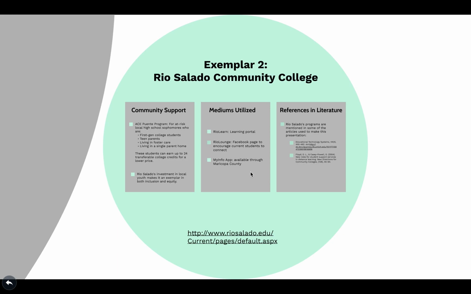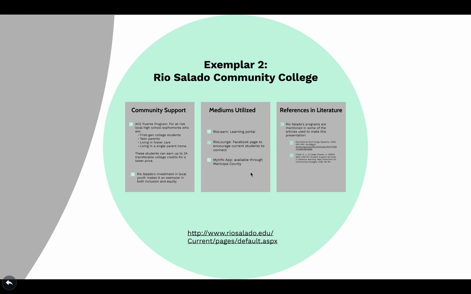The Es Puente program is an excellent example of how student services can be informed by equity measures. The study outlining the inclusive student services model notes that Rio Salado is an exemplar in the learner support phase, which is characterized by a focus on academic advising, library services, networking, instructional support, and tutoring. Rio Salado excels in these services by offering digital access through student portals, apps, and dedicated social media pages for